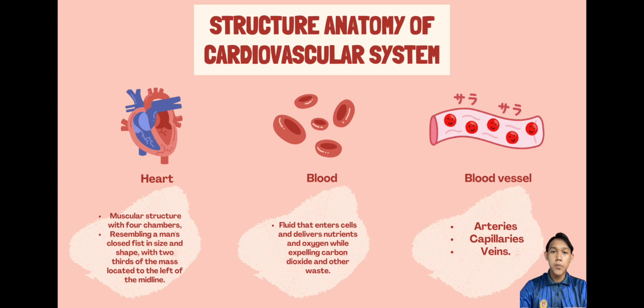Number 2 is capillaries. Capillaries are very tiny blood vessels that a single red blood cell can barely fit through them. The last one is veins. They are blood vessels in the circulatory system of humans and animals that carry blood towards the heart. Most veins carry the deoxygenated blood from the tissue back to the heart.